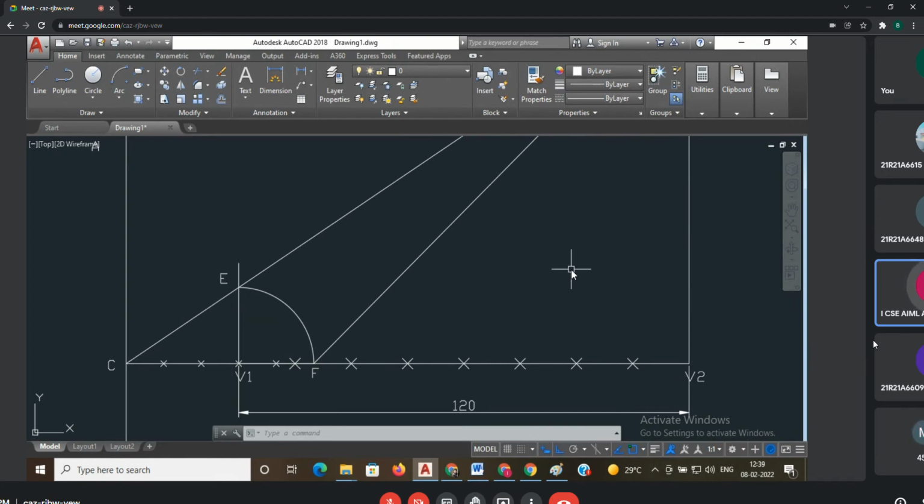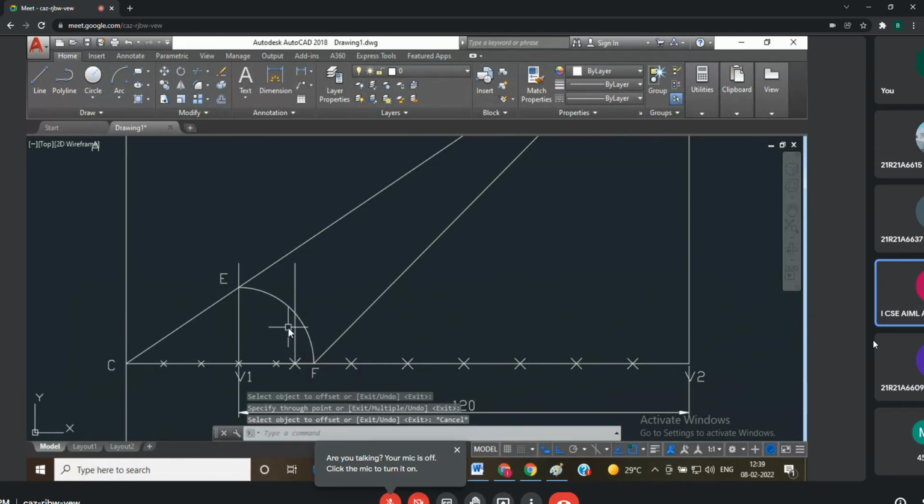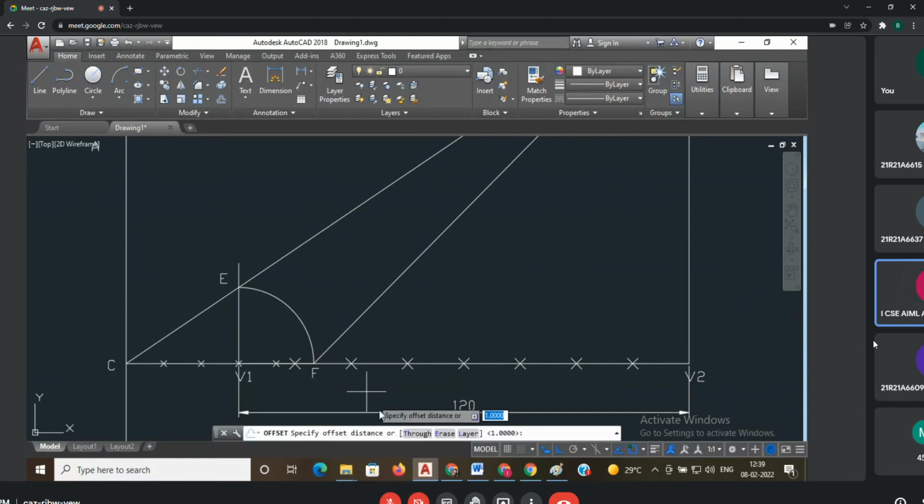For that we have one more method, the offset command. Select the offset command. You don't know the distance from point to point, that's why select the offset command. Go with the through option. Select the line, move it and place it here. That's it. And then we have one more method here, that is multiple. Go to offset, select the through option. After that, don't select the line. Again, we have options here.